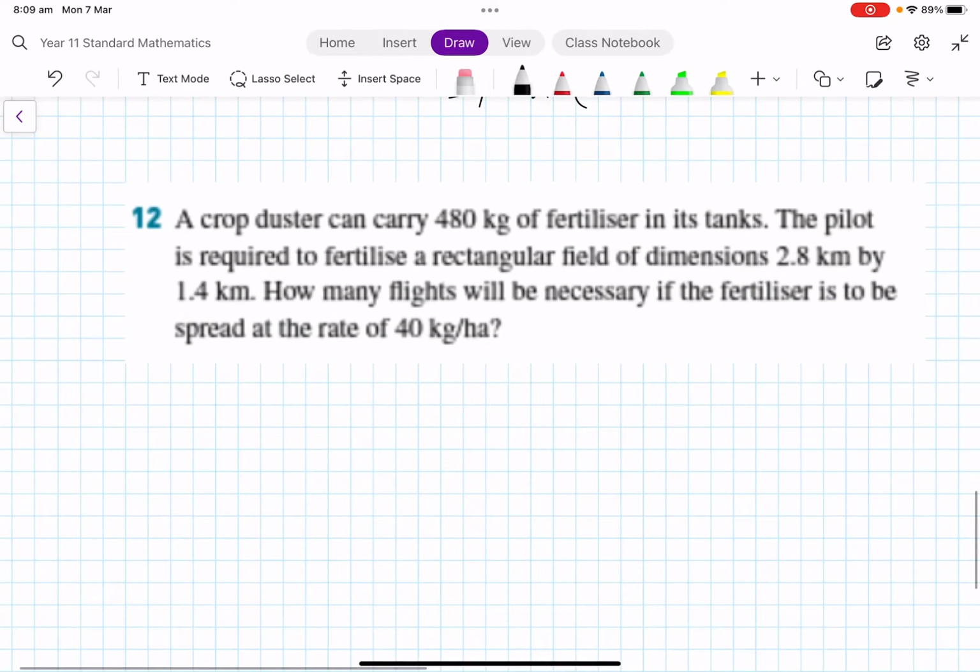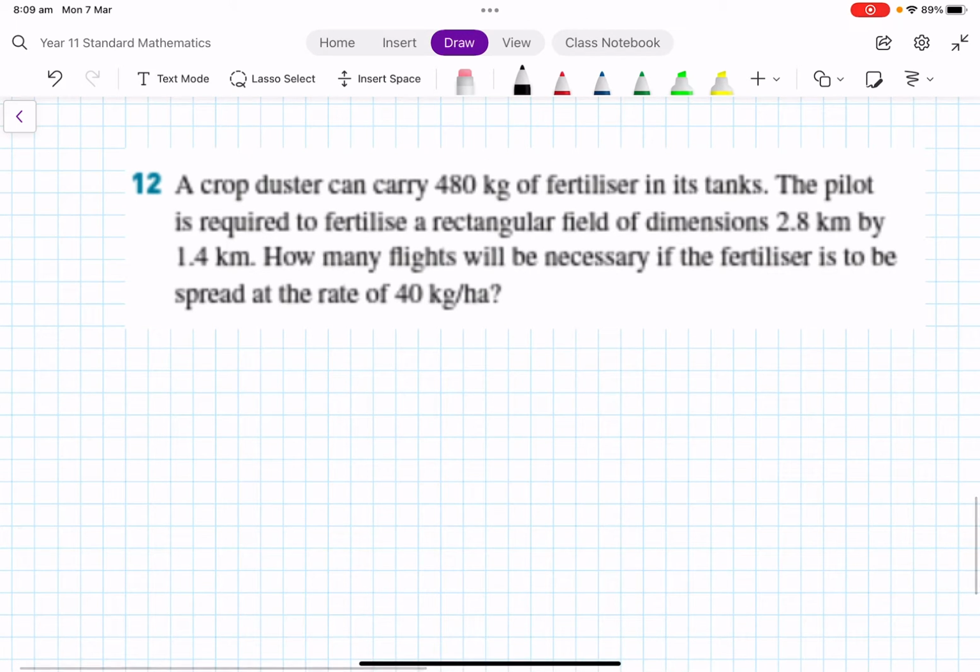And now I just want to turn my attention to this question, which is from the textbook. It's question 12 from the next little exercise, 5b, I think it is. A crop duster can carry 480 kilograms of fertilizer in its tank. Dimensions are 2.8 by 1.4 kilometers. How many flights will be necessary if the fertilizer is to be spread at the rate of 40 kilograms per hectare? Okay, so we've got kilometers,